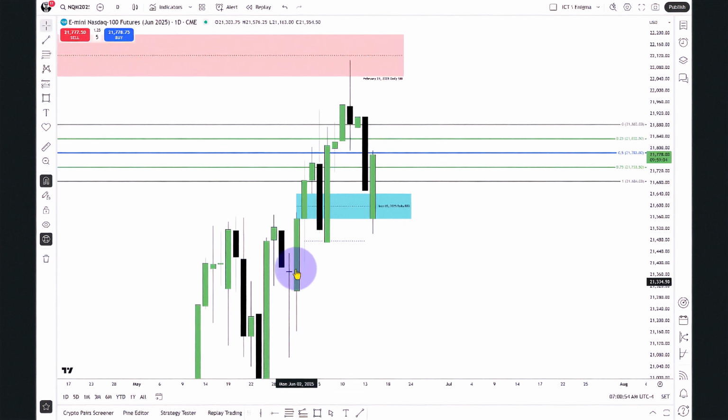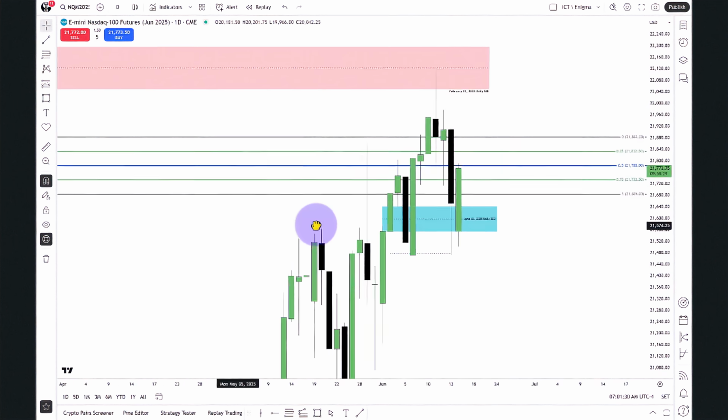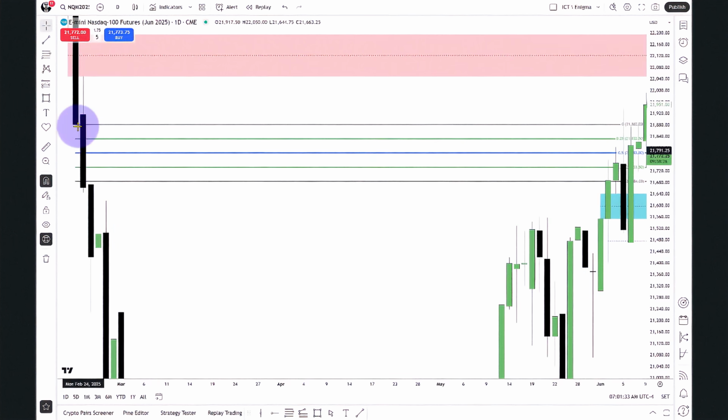Dropped down, then rallied up, came back in, consequent encroachment of this candlestick's discount wick, rallied up back inside of the 24th of February's SIBI and traded up into the 21st daily SIBI, broke back down into a fair value gap on the daily chart that formed on the 3rd of June 2025, and we opened right at the low of that. You see that? And came right back up to consequent encroachment of the SIBI of February 24th, 2025. And that's, again, this single sell-side imbalance, buy-side inefficiency.